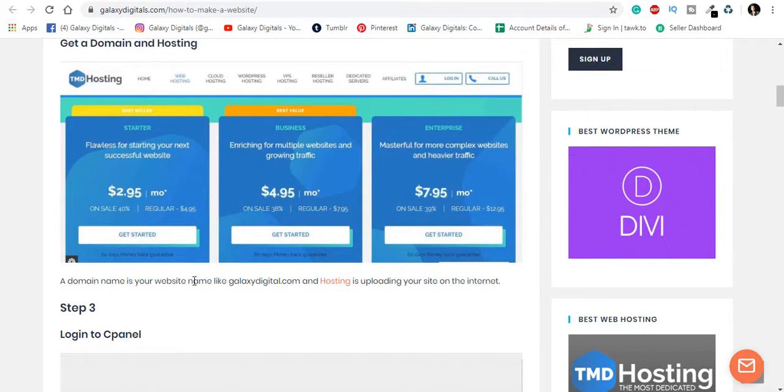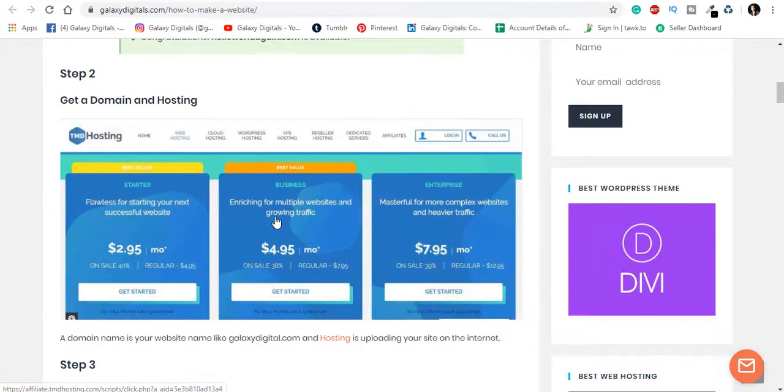A domain name is your website name, like galaxydigitals.com, and hosting is uploading your site on the internet. So we choose TMD hosting company for this tutorial, and let's go to TMD hosting by clicking on this image or this link. This is an affiliate link guys, so click on the image